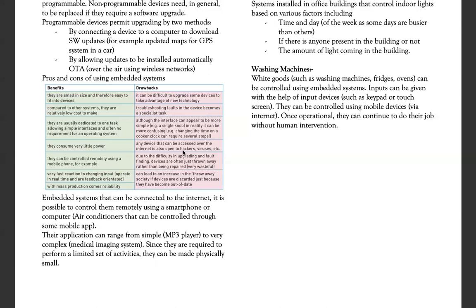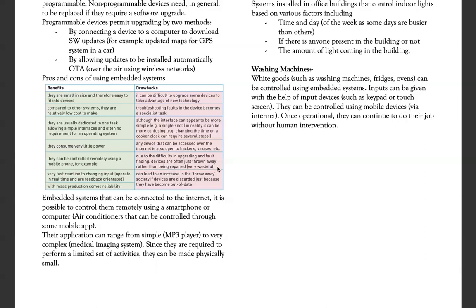Embedded systems have simple processors. They don't have big storage. They don't even have an operating system, in which case they are not capable of running onboard antivirus. So even though my air conditioner is connected to the internet, it is not protected the same way as I am, and it is more vulnerable to internet security threats. Due to difficulty in upgrading and fault finding, devices are often just thrown away rather than being used,